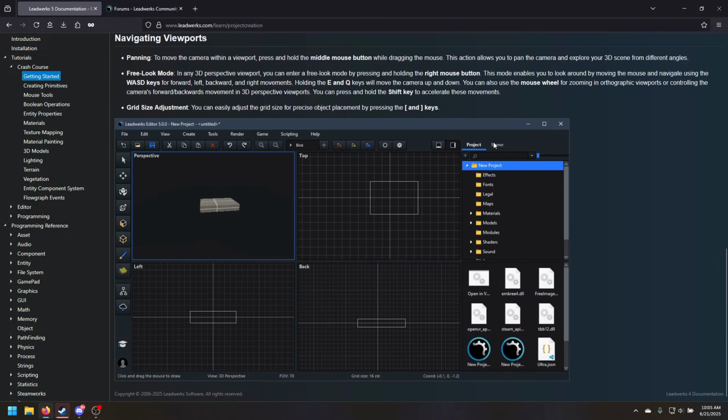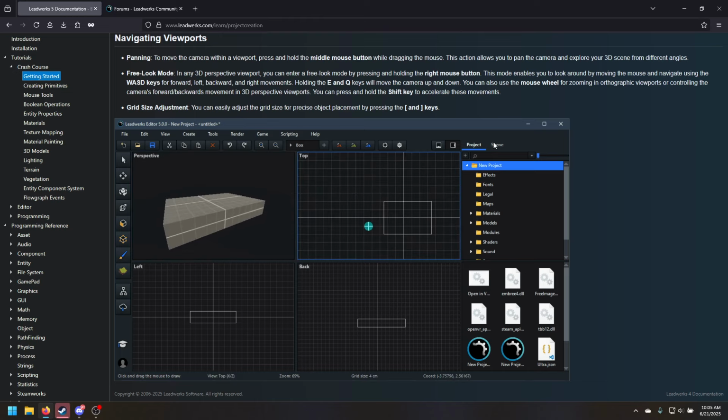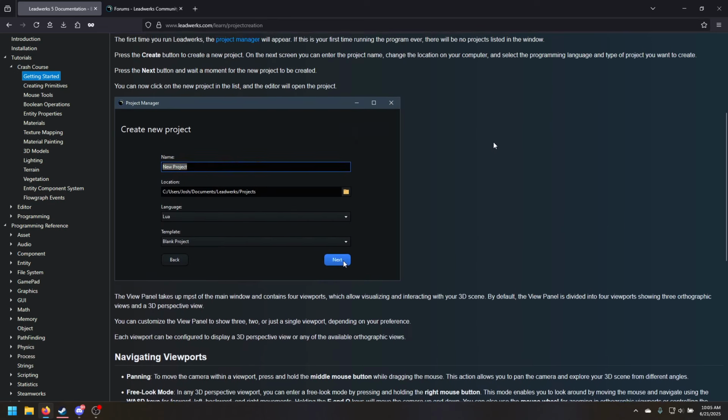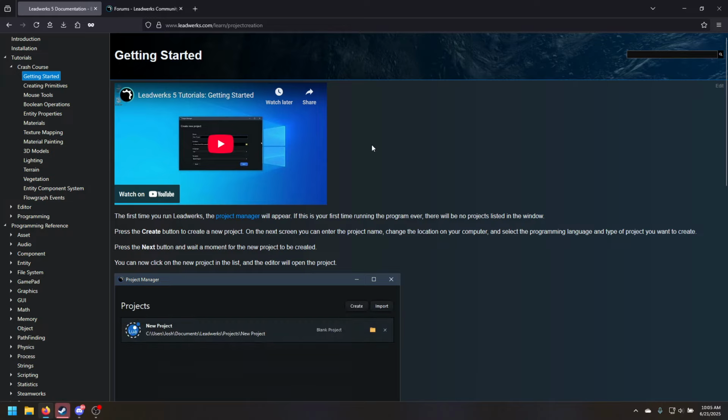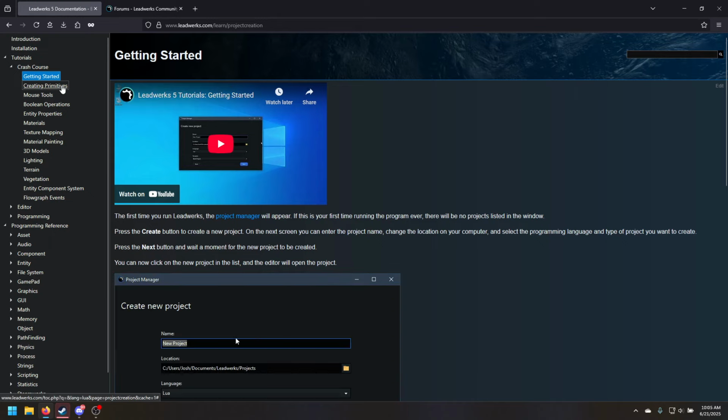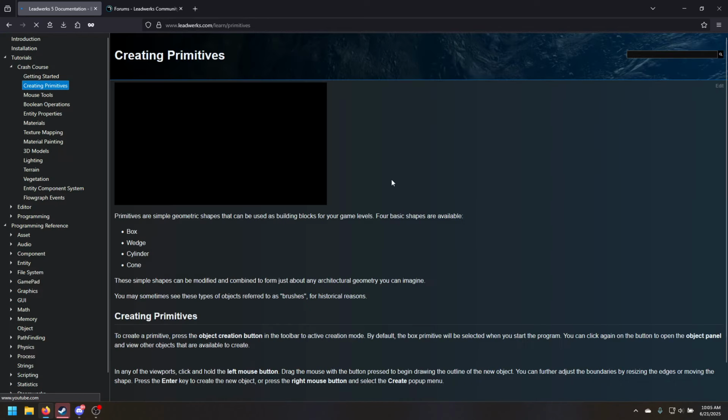And I don't try to explain every little thing. I just try to explain the important things. I'm using a lot of animated GIFs. And then I'm making a video at the start of each article in addition to that. So we start with just getting started, and that has basic viewport navigation and creating your project, of course.